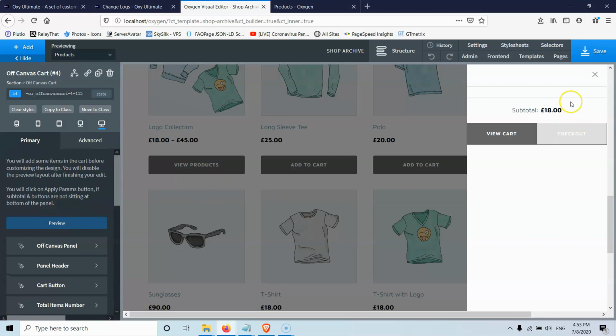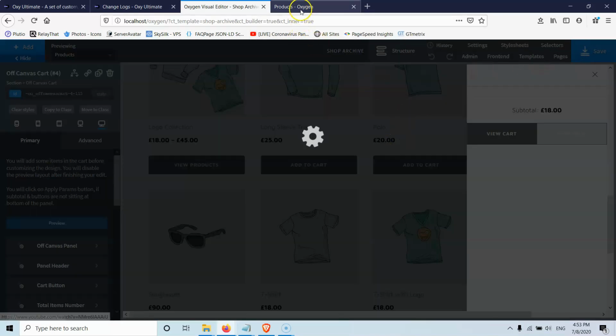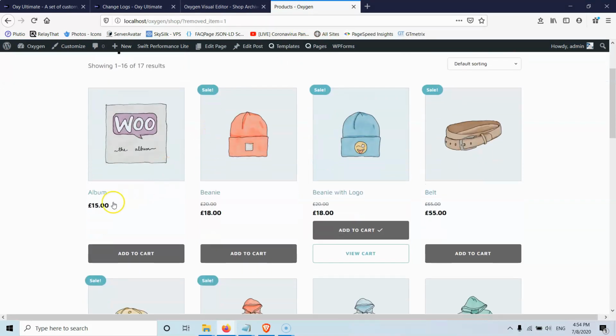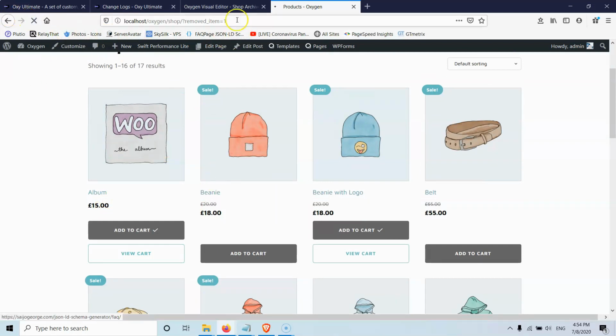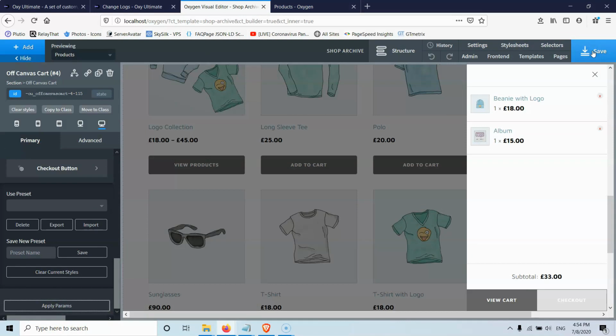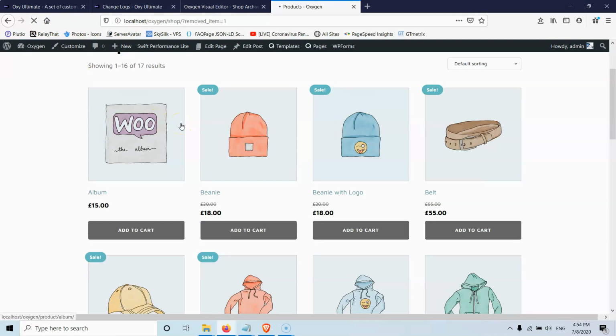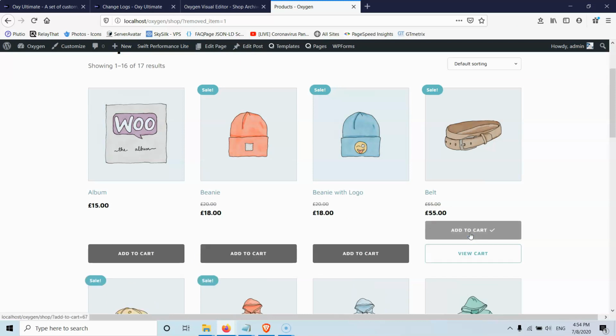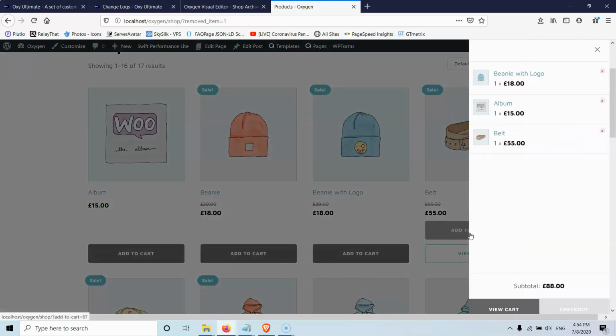Now, since I have made this to be automatically displayed, let's go now in the front end and let's add something like that in the cart. So now it's added in the cart and I haven't refreshed the page, so sorry for that. Let's refresh the page. Let's go first and apply parameters and then save here. And then just refresh the product here. So now once it's refreshed, I can go and add this belt in the cart. And now I have the cart that is showing for a few seconds, and this is how it's displayed. I think this is really good.